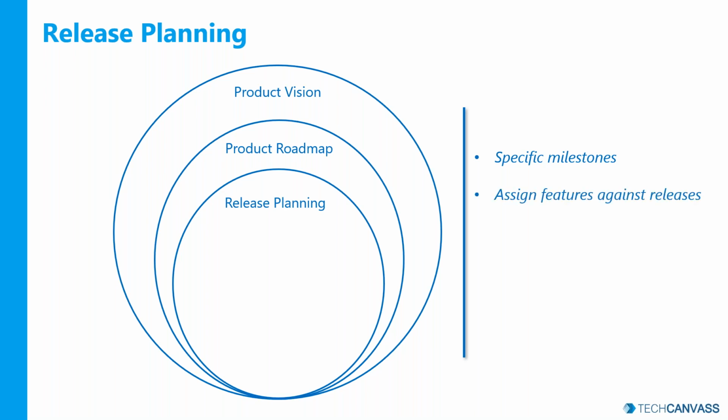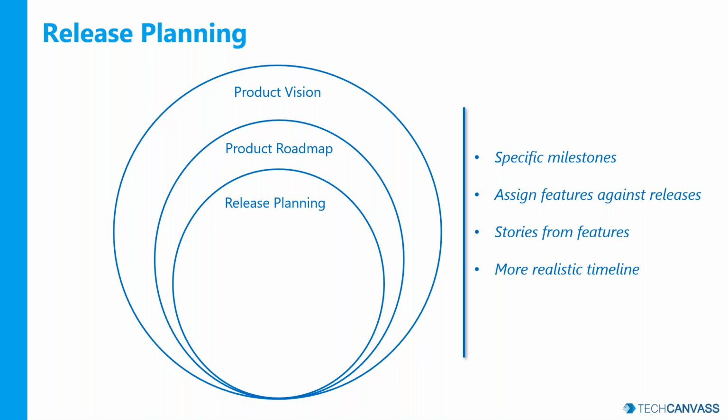And here we have multiple releases in a given year, right? And we try to assign features against releases. We also extract stories out of features so that we can estimate them. And this is a more realistic timeline than the product roadmap, right? Product roadmap is all about what the product side is expecting based on the market demand, what timeline they're expecting, what features. Your release plan is defined more on that.